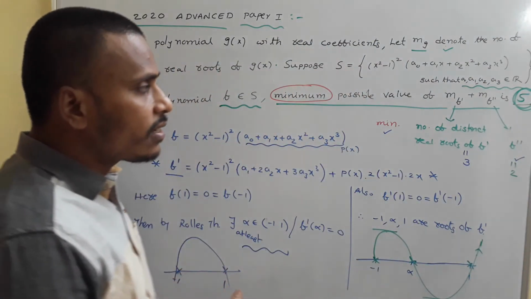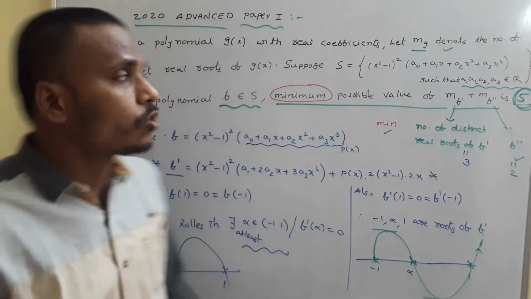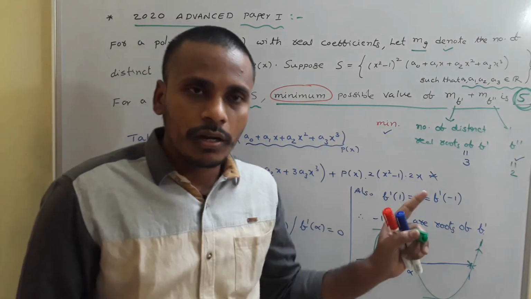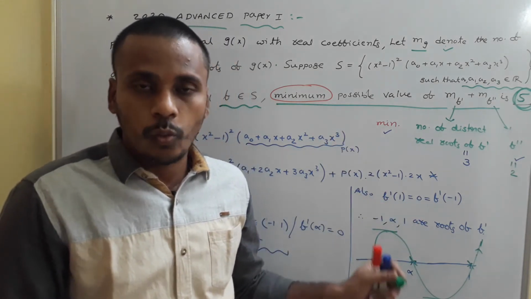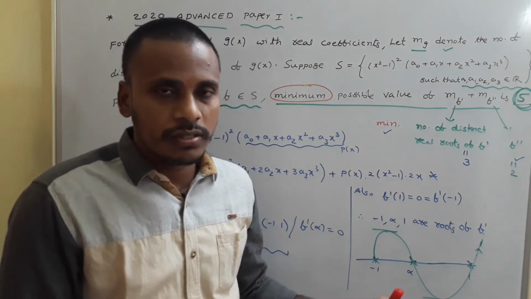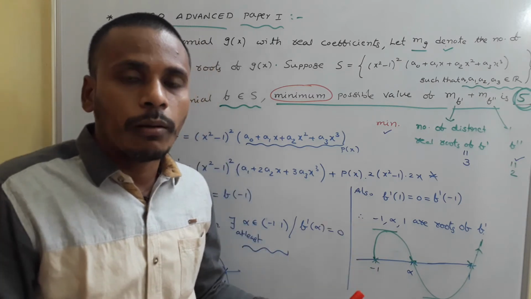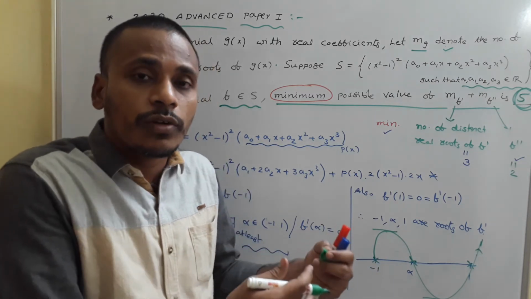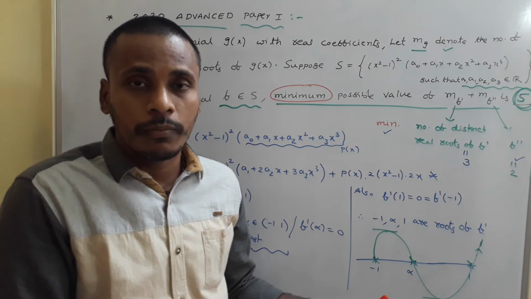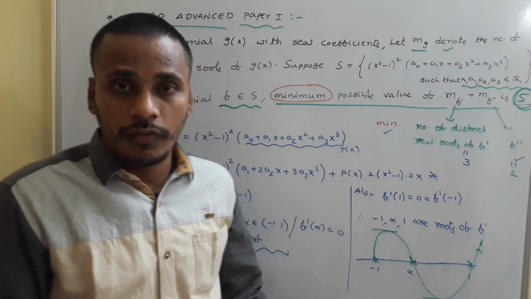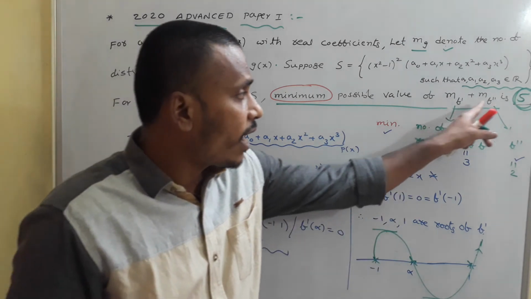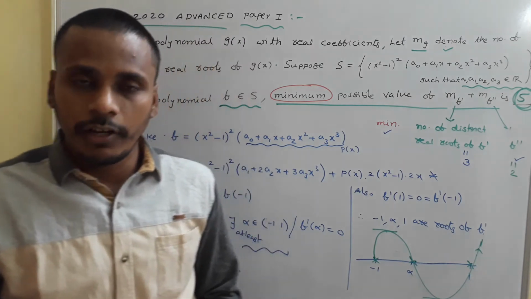It's an integer type question asked in Advanced 2020 in Paper 1 from applications of derivatives. Very simple, based on Rolle's theorem. We need to analyze the problem. We need to search for the way of solving the problem with the concepts of applications of derivatives, because it involves f dash and f double dash. Have a look, that's the problem.